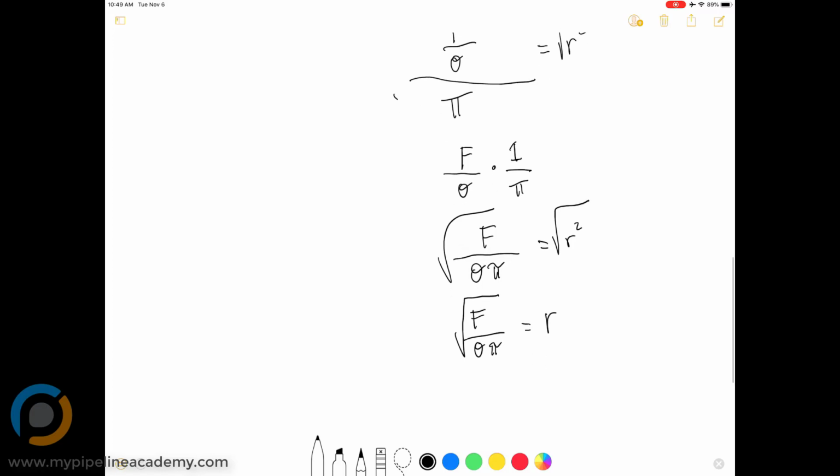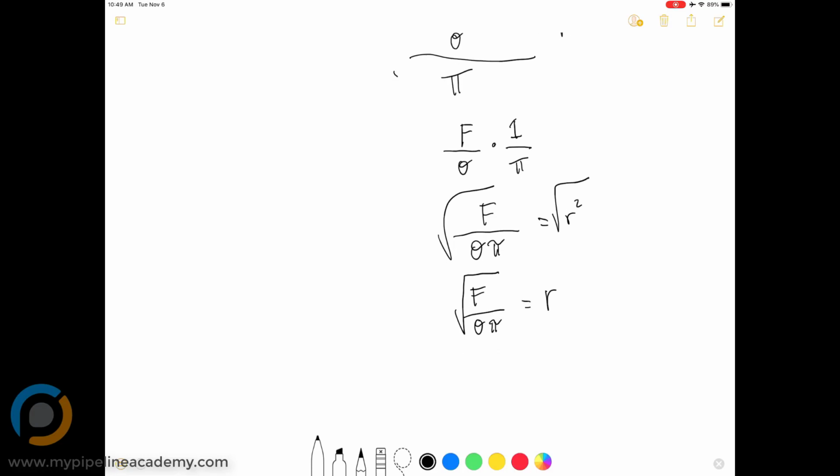Okay, cool. So now you solved for r. So now let's think about this equation. What does this actually mean? If we were able to solve for r, what is that telling us? That when we have this radius on the rod, this is the exact amount of radius needed for us to be at the yield strength